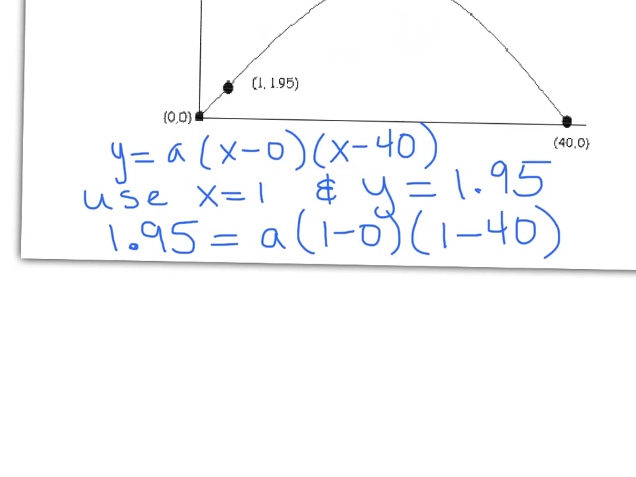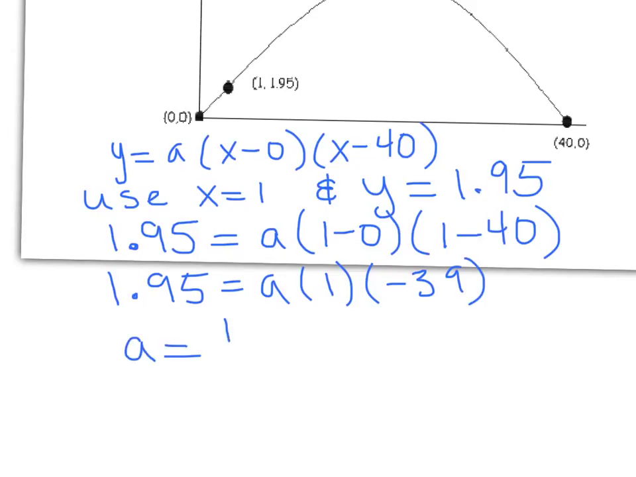So once we make those substitutions, we end up here. So we've got y equals a times x minus 0, x minus 40. We use x equals 1, plug that into our x's. We use y equals 1.95, plug that into our y's, and we end up with this equation right here. And the need is to solve for a. So in doing that, we need to simplify what we have. So we've got 1.95 equals a times 1 times -39, and then solving for a, we end up getting 1.95 divided by -39, and we end up with negative